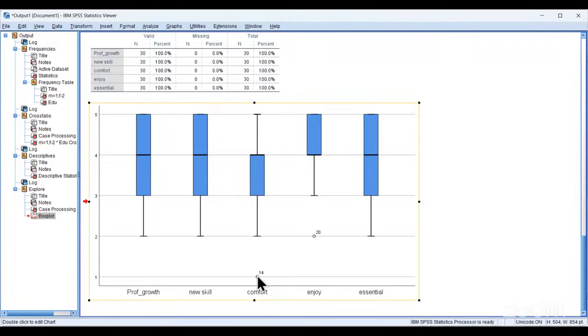Okay. And here again we can find out the outlier. And this individual is 20. So based upon this data, I can easily identify who is the person who received the lowest score. So if I go to the